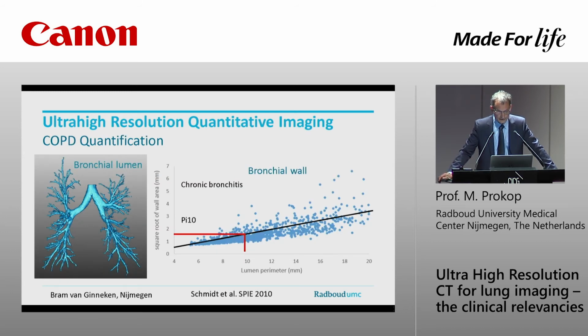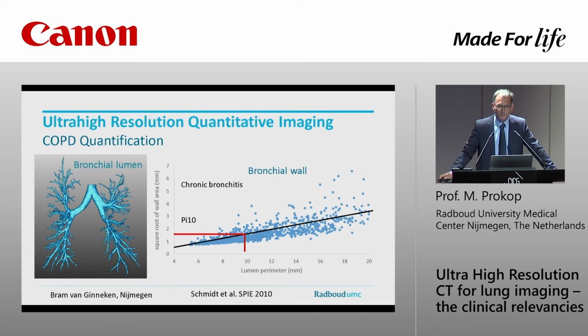You can also look at COPD quantification, like looking at the bronchial lumen or the bronchial wall. Resolution here is really, really important. And actually, by using those two things, we can predict whether someone has COPD with an ROC curve, an area under the curve of more than 0.9, 0.91 we achieved, which basically means that you can predict from imaging